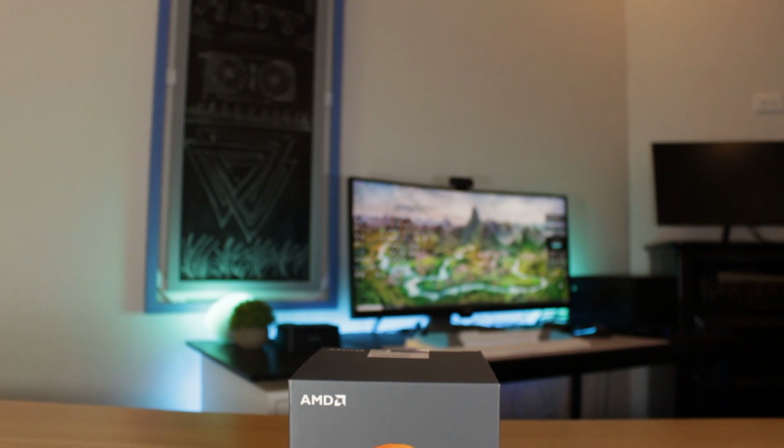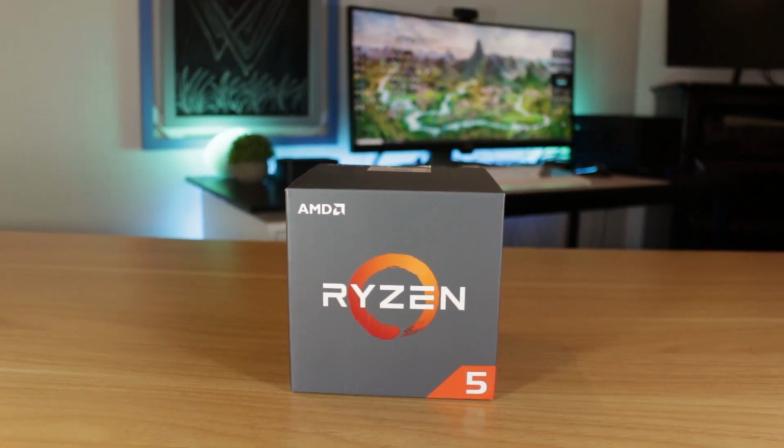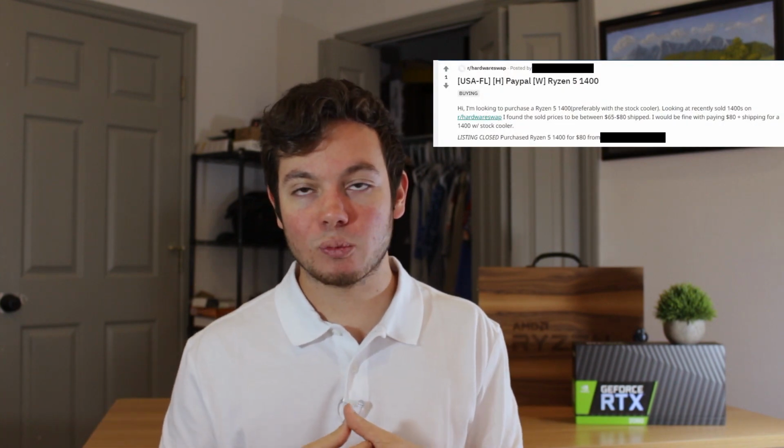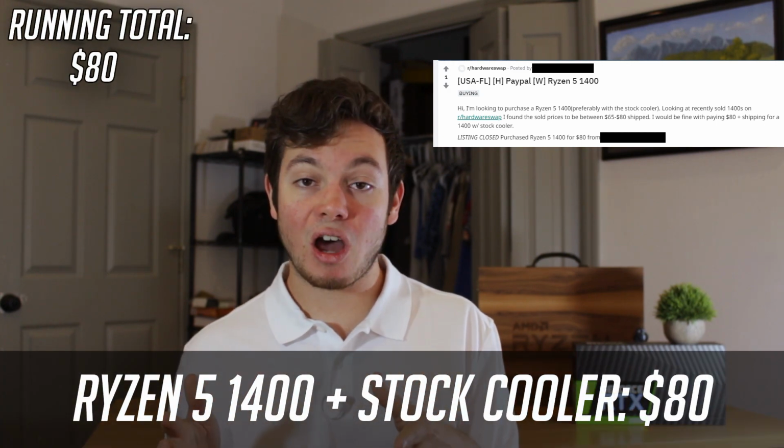I knew using a Ryzen 3 processor probably wouldn't have been a good idea just because of how powerful the 2060 was, and I knew getting something like a Ryzen 5 1600 would have been too much for this budget, so I decided to set my sights on a Ryzen 5 1400, which is a 4-core, 8-thread CPU with an unlocked multiplier. After making a post on r/hardwareswap, I actually got a Ryzen 5 1400 with stock cooler for